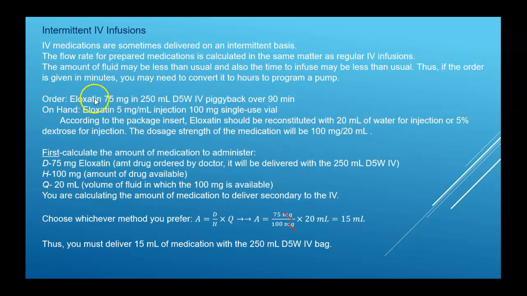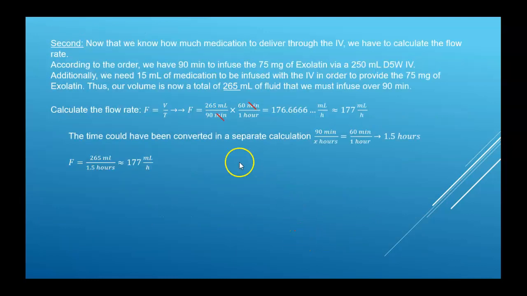So your D in this case is 75 milligrams. Your concentration, your H is 100 milligrams, your Q is 20 milliliters. Using whichever method you prefer, calculate how many milliliters you need to administer to get 75 milligrams of drug into the patient. D over H times Q, 15 milliliters. So I need a 15 milliliter piggyback off of a 250 milliliter bag of dextrose. So that gives me a total volume, the 250 plus the 15, 265 milliliters of fluid